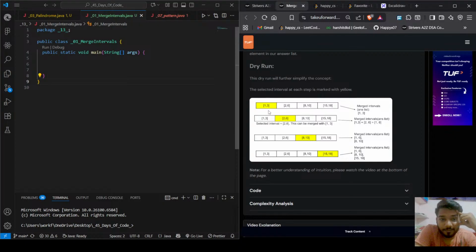Okay, select external edge. Okay, at each step is marked with yellow. 1, 3. Okay, at first the interval is included in the answer list. Okay, then we will compare the next interval with the selected interval. This can be merged with 1 and 3. So we will update the